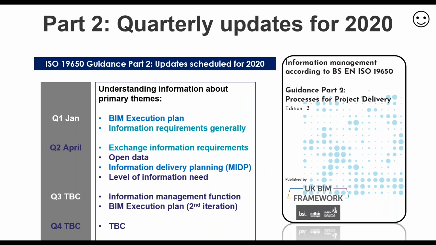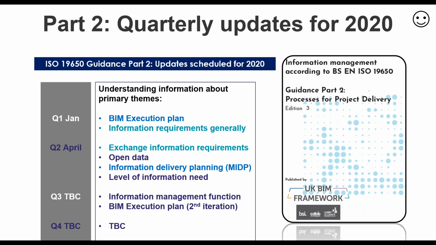There we go, that gives us a little bit of a timeline. So we're currently on edition 3, which was released in Q1 this year in January. The main additions to edition 3 were guidance on the BIM execution plan, more of a higher level guidance, I suppose. There's further, more detailed guidance coming, and then information requirements generally, a really good piece by Emma Hooper in there. The Q2 April release, edition 4, that's about to come out any day now, is real, proper practical